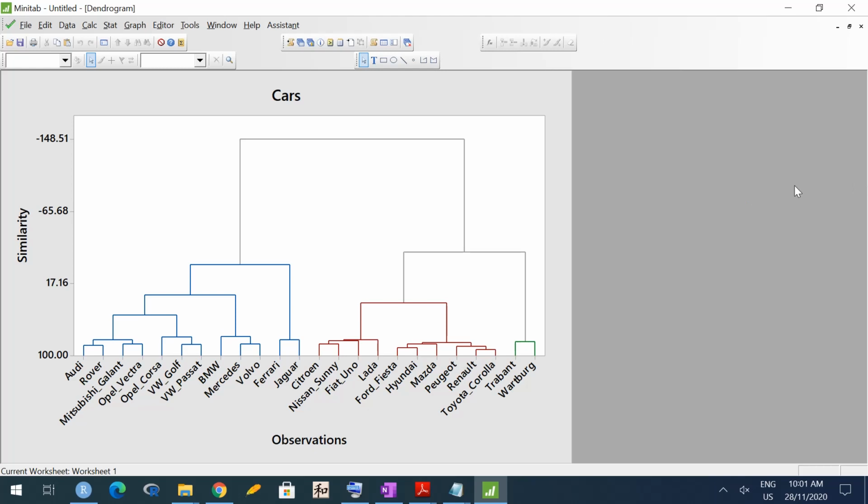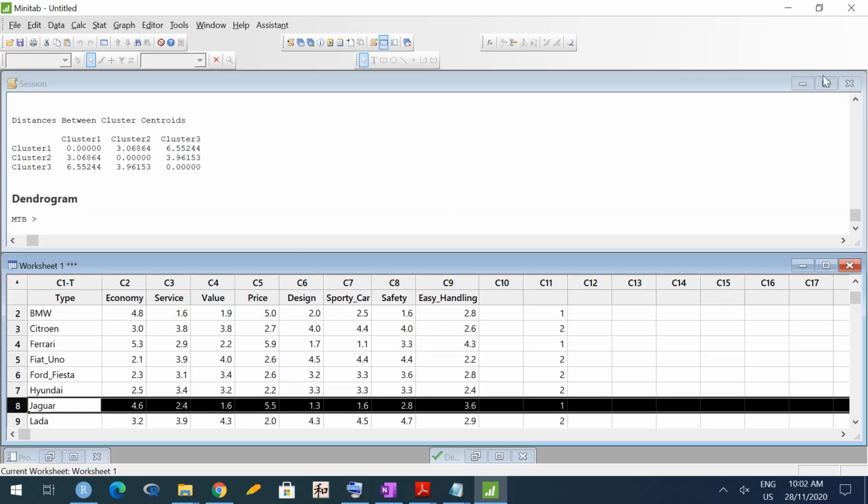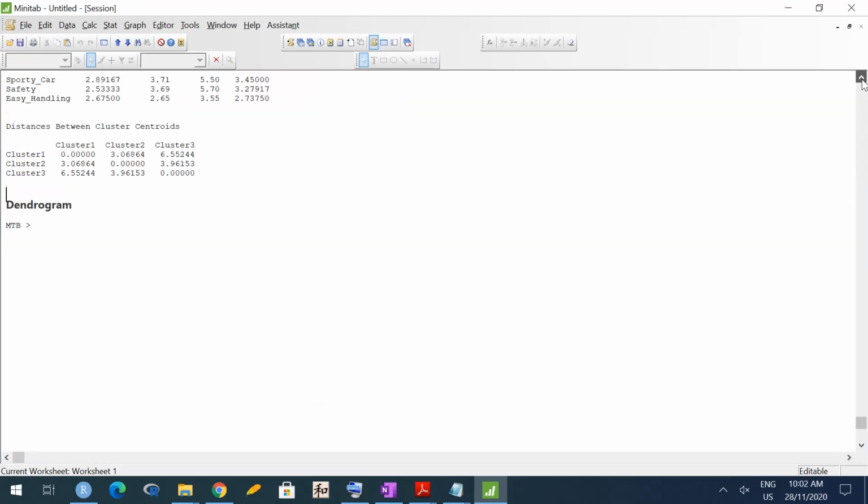Can we give some interpretation to these clusters? Means, can we say this cluster consists of a particular type of cars or cars which have these types of characteristics? That is called cluster profiling. So after getting the clusters, we are supposed to do cluster profiling so as to get better insights into the data. So what do we use to get cluster profiling?